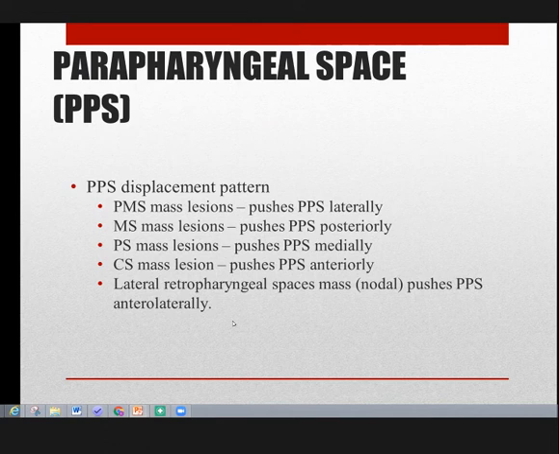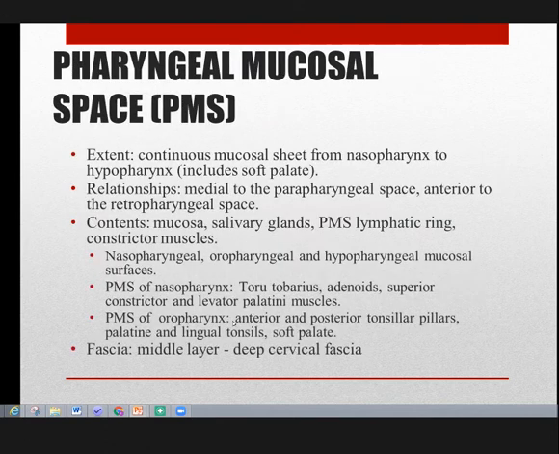Read CT scan of the neck. Okay. So next is the pharyngeal mucosal space. So the extent of this space is a continuous mucosal sheet that starts from the nasopharynx to the hypopharynx, which includes your